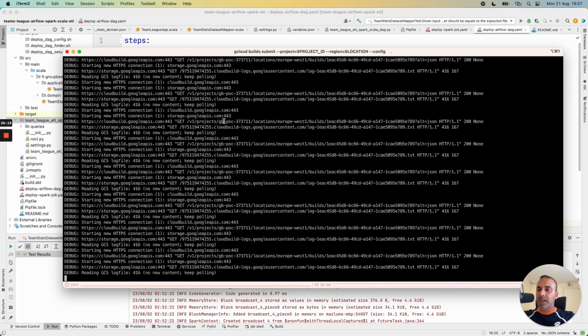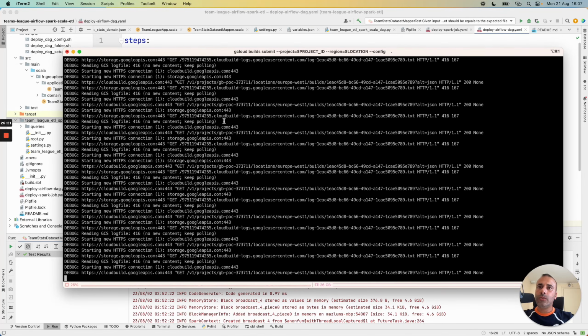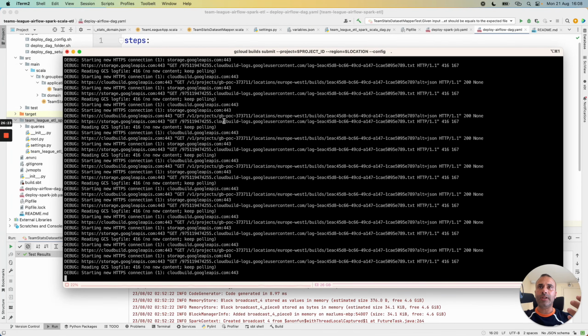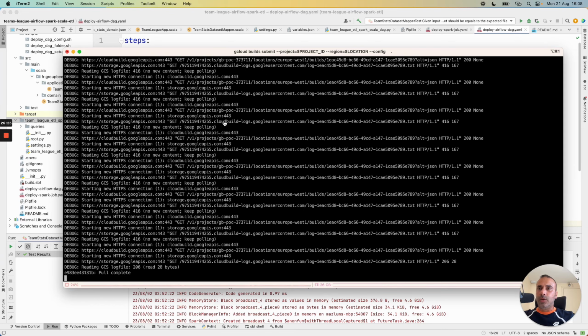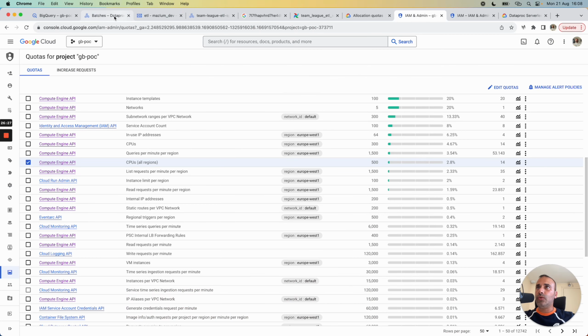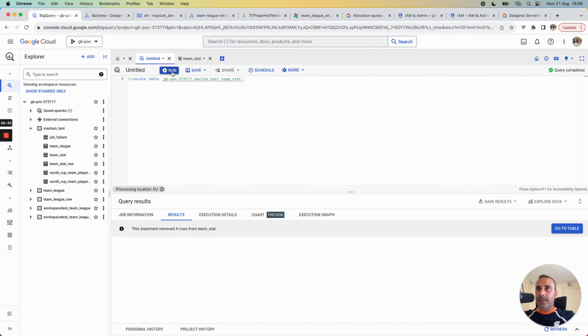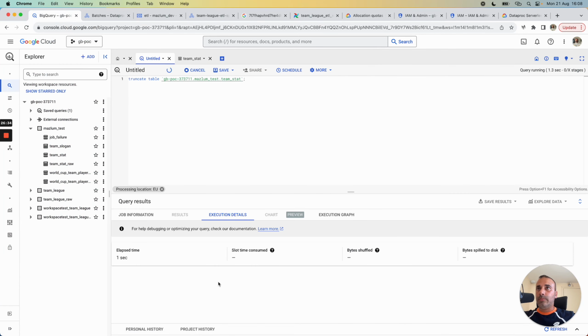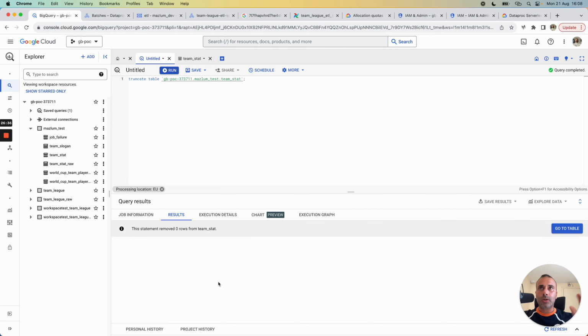I go again in my shell. It will take a few seconds to finish the deployment of the DAG, and to save time, we can go to Google Cloud, and I will also empty my table and will launch again my DAG to read the file, apply the transformation, and write the result to this table.